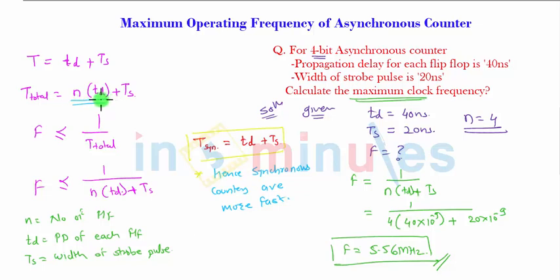in asynchronous the time delay is multiplied n times, that is, the number of bits or the number of flip-flops used to design the counter. So that's all about the maximum operating frequency of asynchronous counter calculations, and why synchronous counters are better than the asynchronous in consideration of the speed